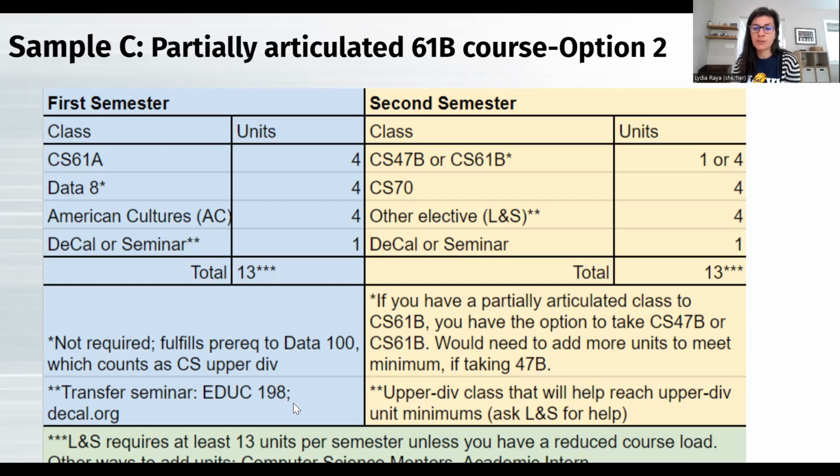Okay, the next question, are we only allowed to take upper division courses until we finish the lower division requirements? No, as long as you're declared in the CS major, you will have access to upper division. But again, here's the prereq question. Have you fulfilled prerequisites for an upper division CS class? That's the main criteria you want to think about.